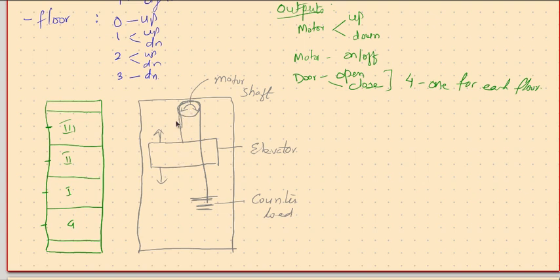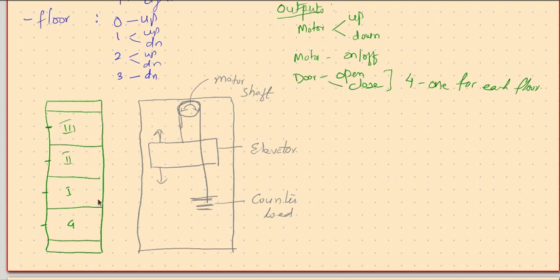So if this moves clockwise, then the elevator moves up. If this is moved counterclockwise, the elevator moves down. And we have some sensors here which tell whether it has come to the appropriate floor or not. So what is done? We are on the ground floor. Our elevator is on the ground floor, and somebody from the third floor wanted to use it. So on the floor button of the third floor, there's only one option, you go down. So press that down button here.